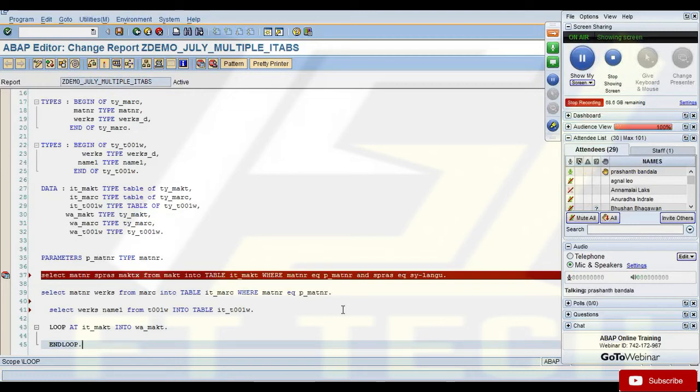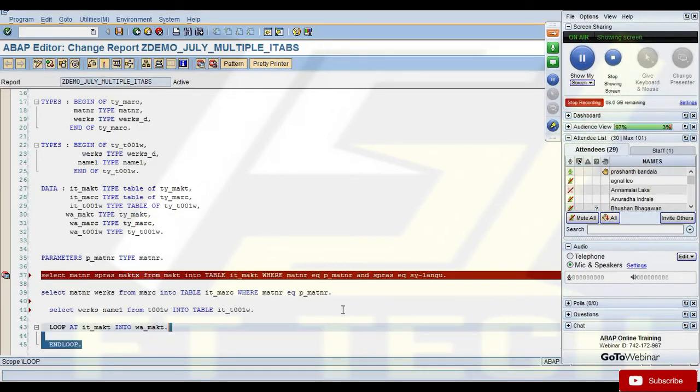We're going to use the write statement directly. Now the data I want to process is available in my program. So how do you print this data? We're going to read the data from internal table into the work area. So which table? So we're going to loop at, so the main table would be the